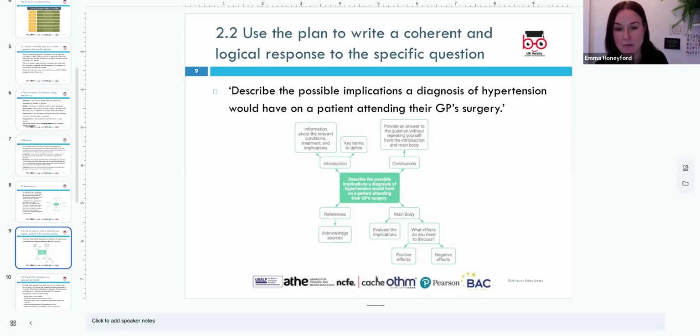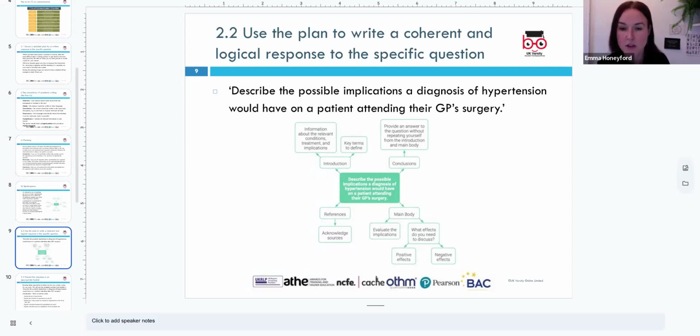The main body after the introduction. So you'll see what that needs to talk about. You evaluate the implications. What effects do you need to discuss? Any positive or negative effects? And then your conclusions,